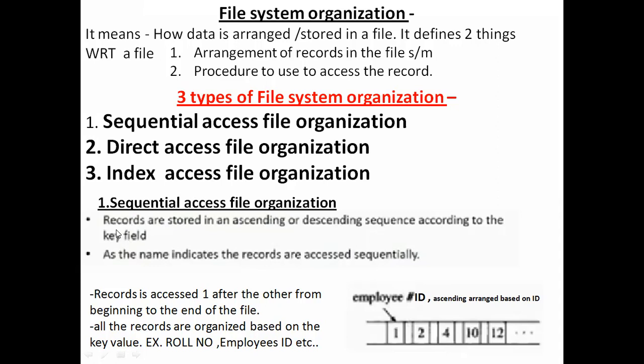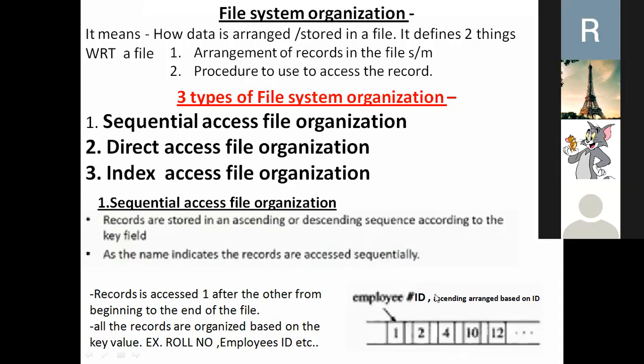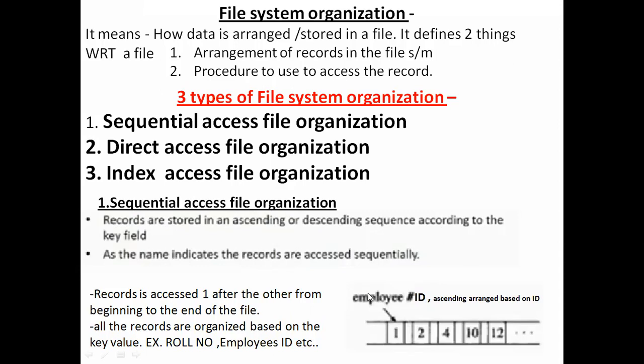So this key field can be the employee's identification number, or the employee's age, or the employee's years of service in the organization, etc. Based upon some key field, the records will be arranged in either ascending order or descending order. According to the example given in the book, here we have the records of the employees where the ID is acting as the key field, and based upon the ID of the employees, these records are arranged